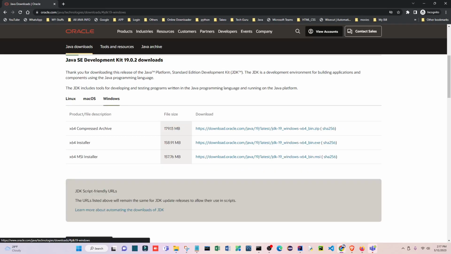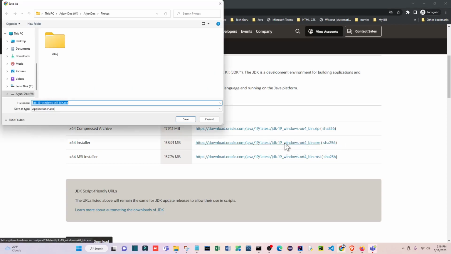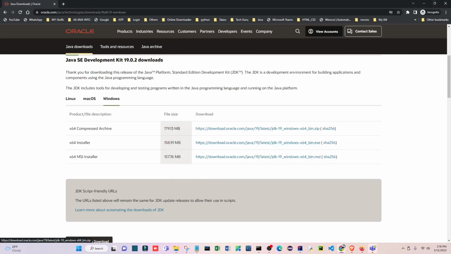Click this one, and here is this part. This is the main thing you have to download. Just click this one and you can download it. Download anywhere and just save it. I already did this, so it's easy to install. Just click, that's it. When you finish the download,